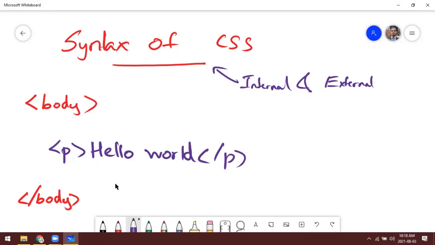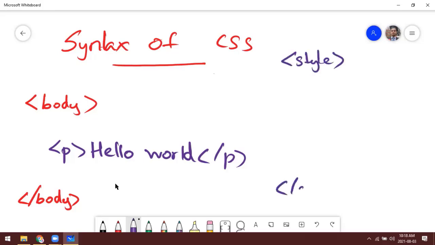So let's see how to use the syntax. For example, within the style, if you see this, you can understand, okay, this is internal CSS.